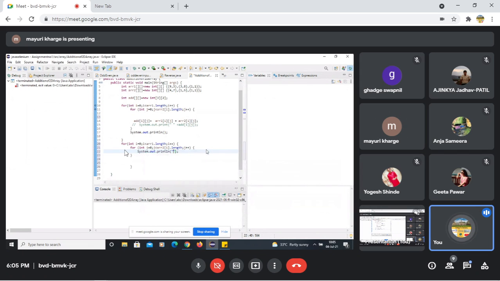Here you have to write add of i j. So you can change the line later. So remove ln from println. Otherwise it will change the line and you will not see a good output. And after the inner for loop, you can write println just like you have written on the top.